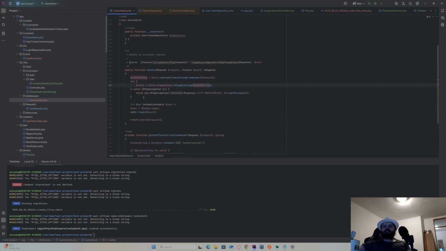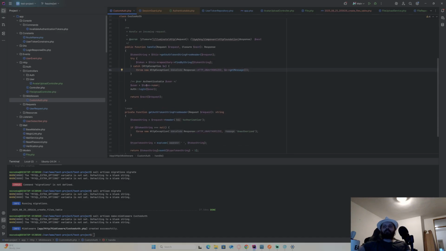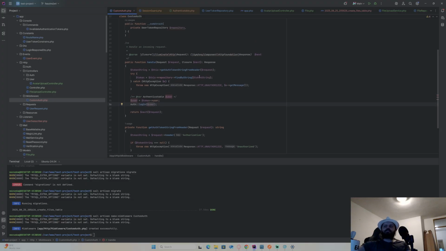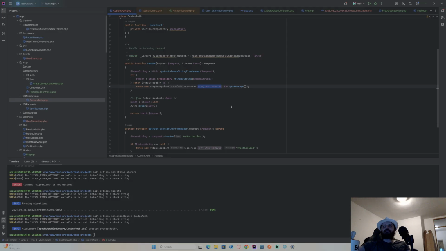I get the token by string, or an exception, or again show unauthorized, because the token can be expired, used by someone, or not even be there. So that's again unauthorized, and now I have my user and I just log in the user. Let's check it's unauthorized the right way.